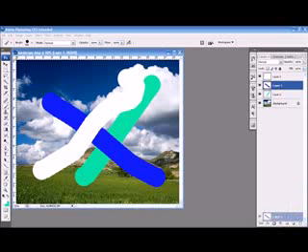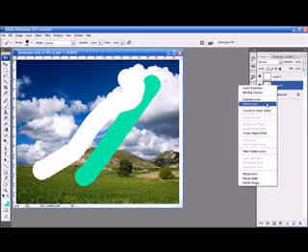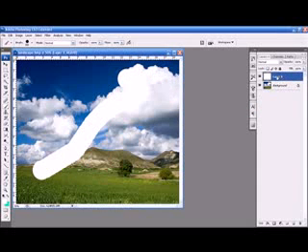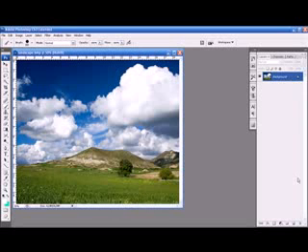So let me get rid of them now. I could just right click and delete layer. Yes. And yes. Okay, so like I said, you never want to work on your original